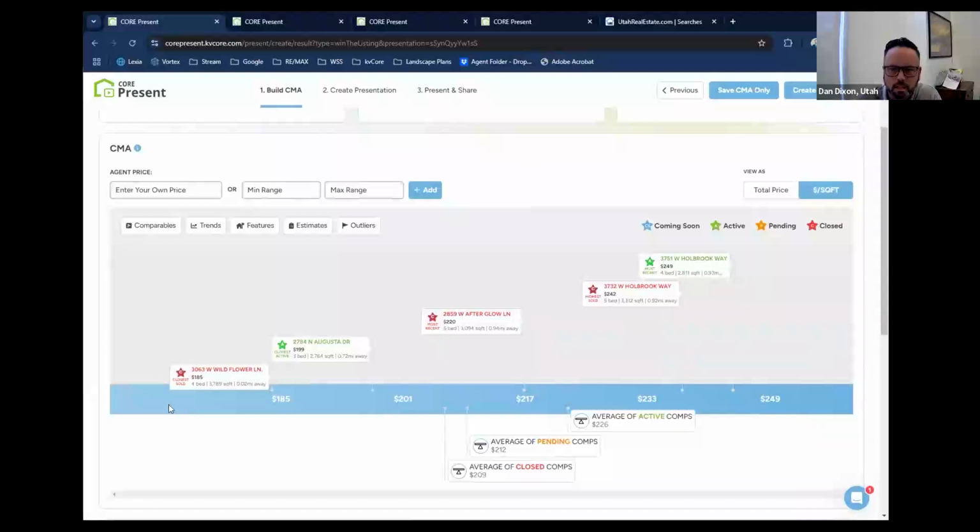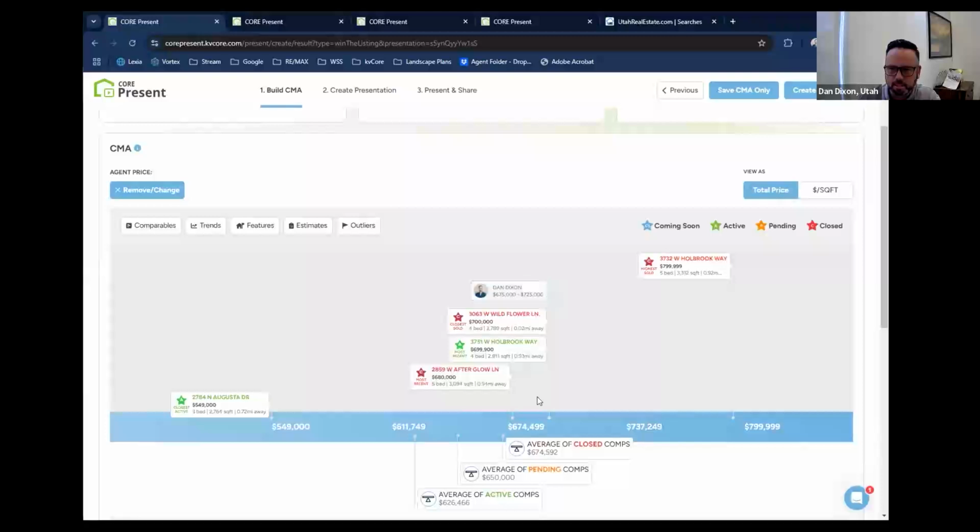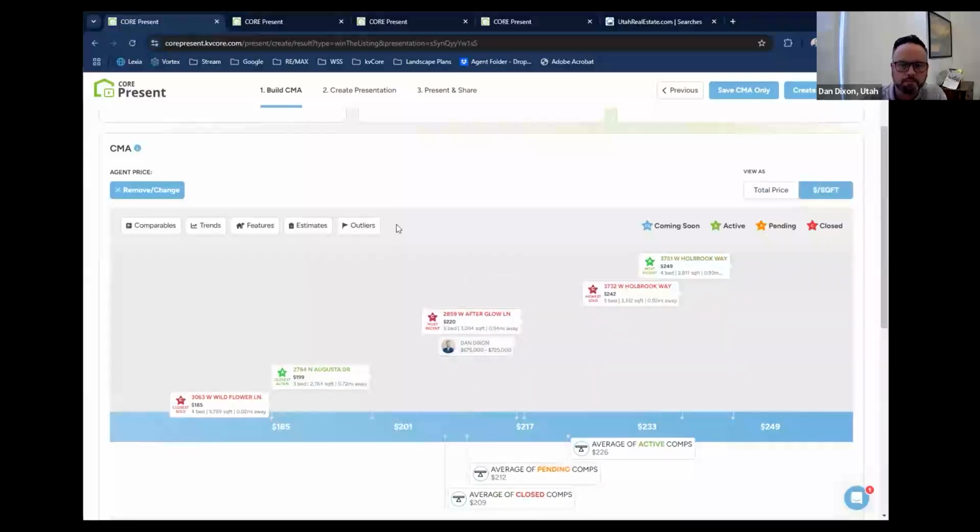And so when you get, an appraiser would tell you that a price per foot is not a great way to do a valuation, unless you're really talking about similar product type, then it gets a little bit better. But people love to see the price per foot. So that's how you get there. And then you can also say, well, I think we're somewhere in this range. And then when I do this, my little flag's going to pop up and says, Dan Dixon thinks it's somewhere in here. And then that'll also convert to a price per foot number.